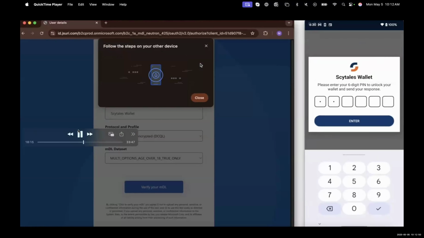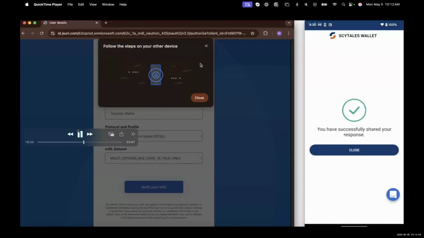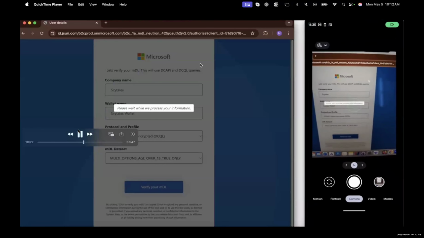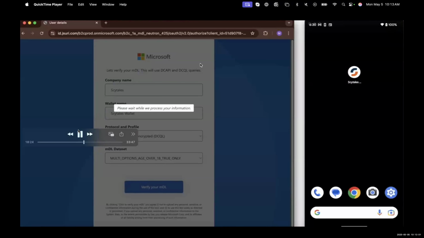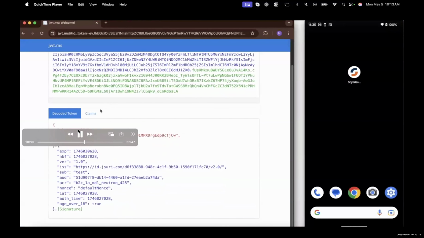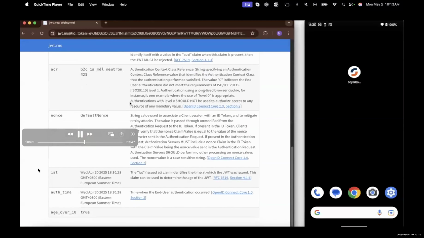We found a PID that matches the request, and we unlocked the Scytales wallet and sent back the response to the verifier. Here we can see the results with the age over 18 value that is true.